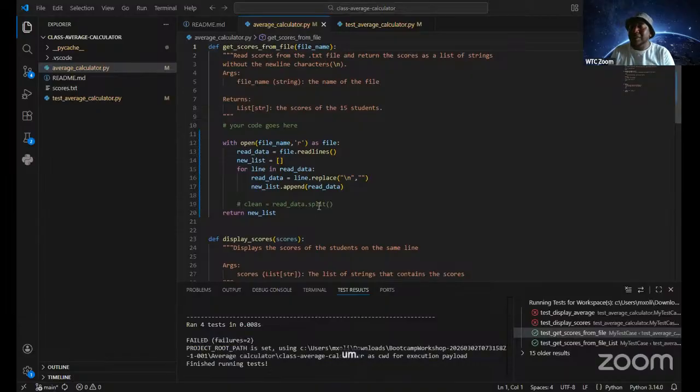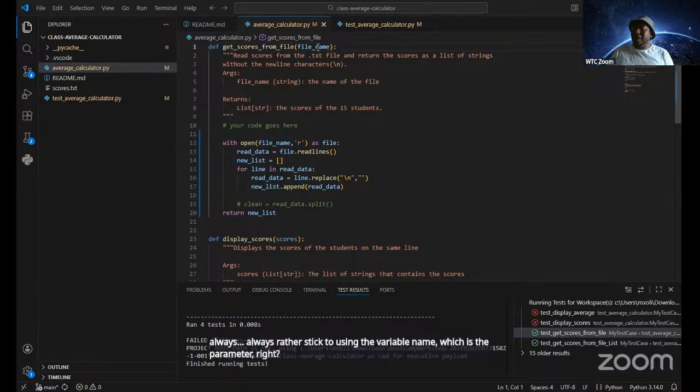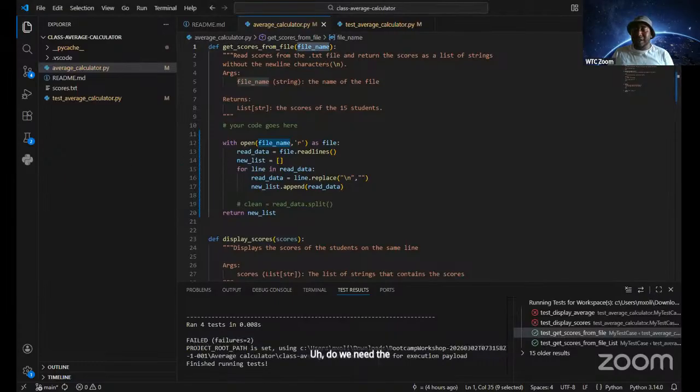Always rather stick to using the variable name, which is the parameter declared in your function here, so that when you call the function, it makes everything easier for you. Do we need the read lines line? We did not use it this side.